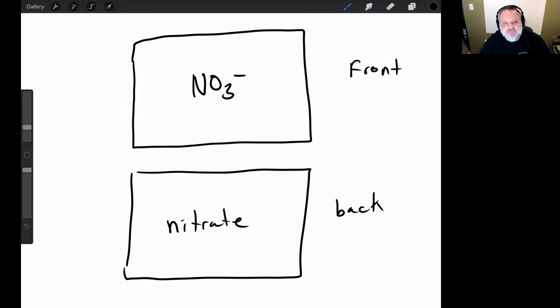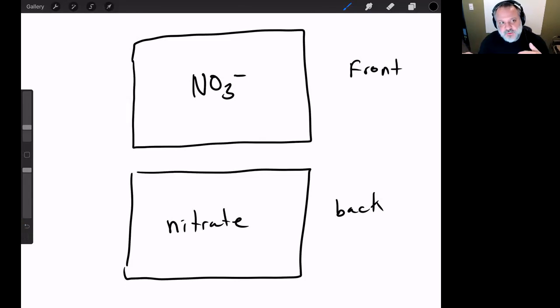And on the back, have the name. And that way you can quiz yourself either direction. So if you look at the back of the card, you see the word nitrate, you use the word nitrate to come up with the formula NO3-. If you see the front of the card, NO3-, what you want to try to do is come up with the name,